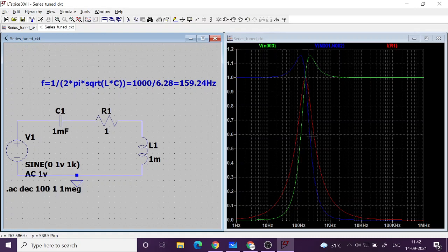In resonance, a large amount of energy is sucked from the source at the resonant frequency into the capacitor and inductor, and they are basically oscillating. If you look at the time response, it will oscillate. Sometimes the capacitor will store the energy in an electric field, and then it will release it to the inductor. The inductor will store the energy in a magnetic field, and then it will go back and forth.